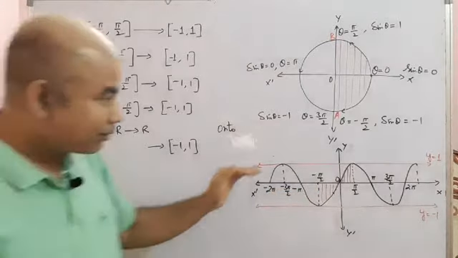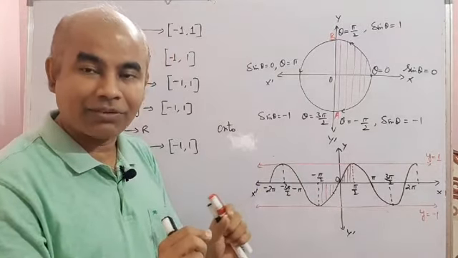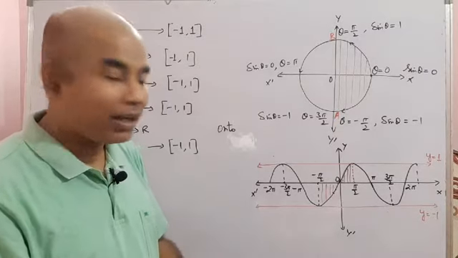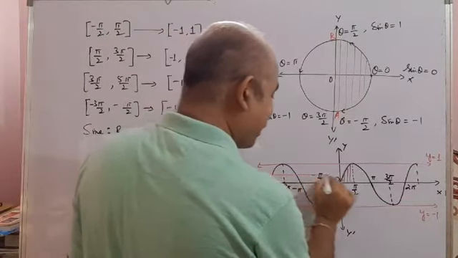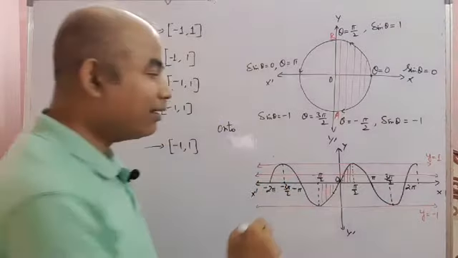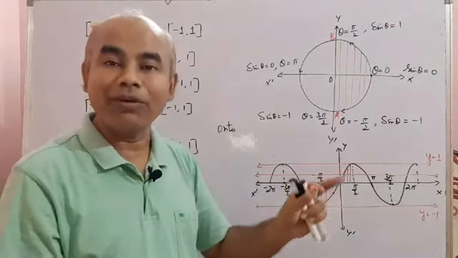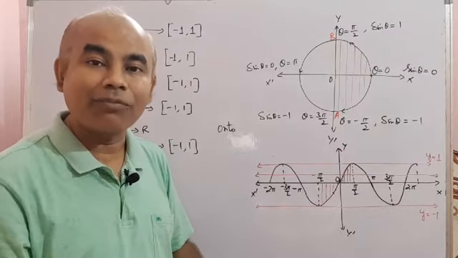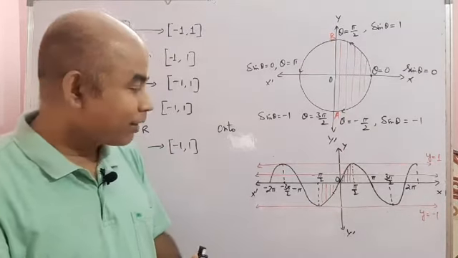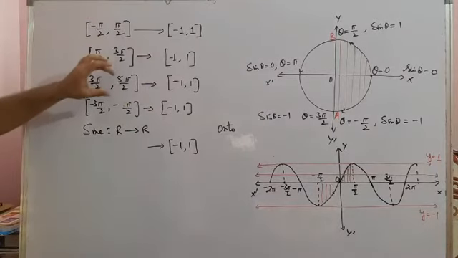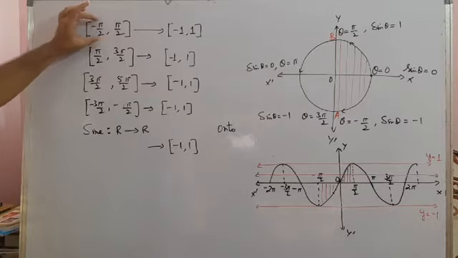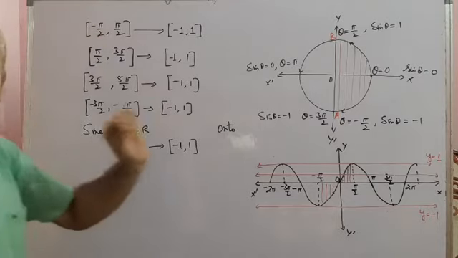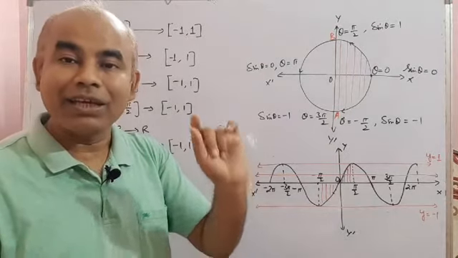Now see, and graphically how can I say that whether a function is 1, 1 or not? For that, parallel to x-axis we have to draw a line. Suppose I draw a line like this line, I draw parallel to x-axis. Okay, if that line intersect the graph at exactly 1 point, then 1, 1. But if it intersect the graph at more than 1 point, then it is many 1. But here you see, we have taken some intervals already, and in those intervals we get all the possible values of sine, that is starting from minus 1 to plus 1. So in this interval, that means in each of these intervals, say in the interval minus pi by 2 to plus pi by 2, whatever angle you will take, if you take two different angles, your sin theta will not be same.